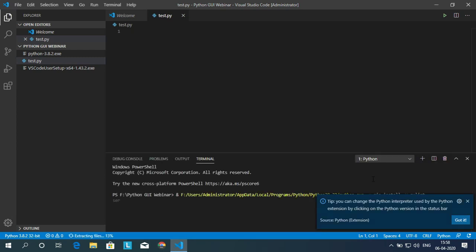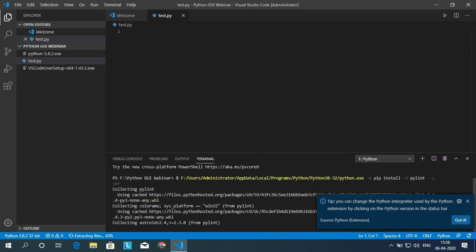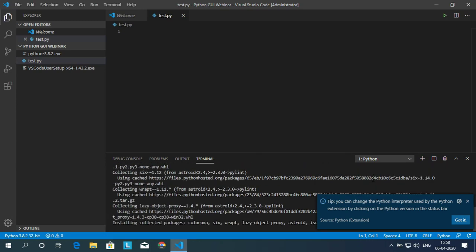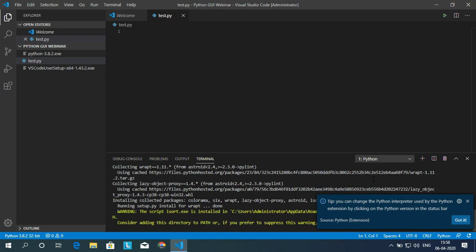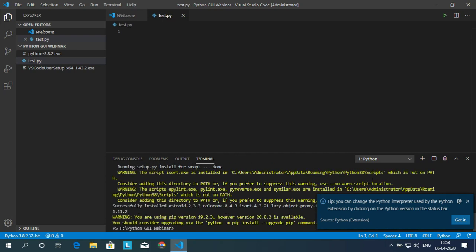And what this pylint is, pylint basically helps you through coding. It gives suggestions, it gives text corrections if there is some error with the code. So as you type the code, it will give you suggestions on the go. So it is a very useful and handy feature. Now once it has installed it,